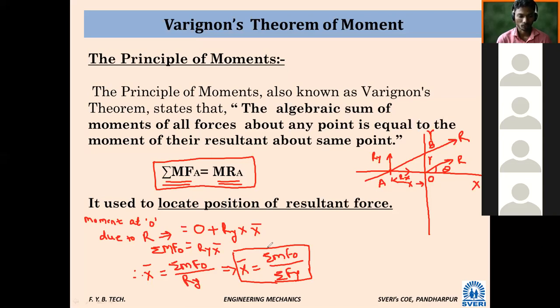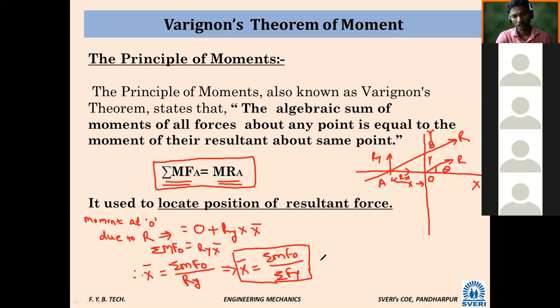Notice what I said here: when we want to calculate X intercept, this is the formula. If you are not understanding this derivation, we should remember only the formula. When we want to find out X intercept, we should use summation Fy. Have you got this? Similarly now, I want to find the Y component,